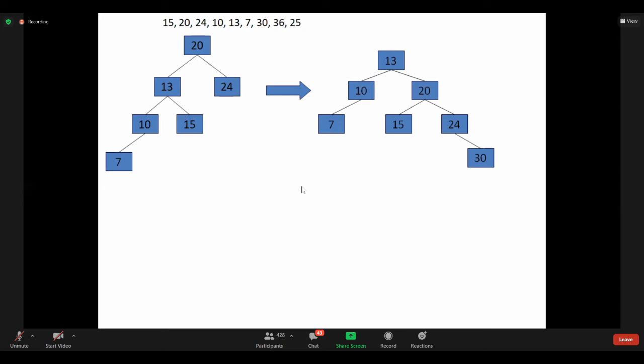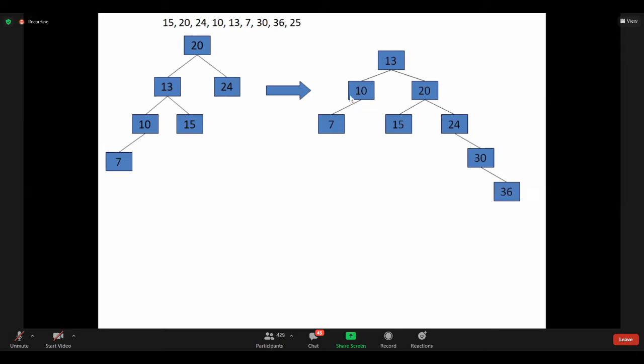So the next element is 36. If I insert 36, whether the tree is balanced or imbalanced, please check. Imbalanced. Imbalance means rotation should be done. Which type of rotation do we have to decide, and which 3 nodes do we have to consider? It is LL and right.